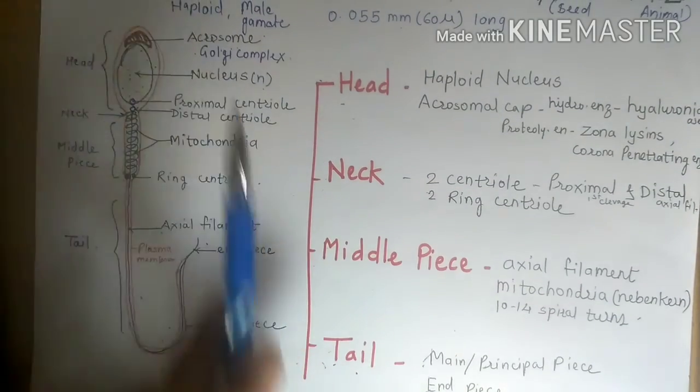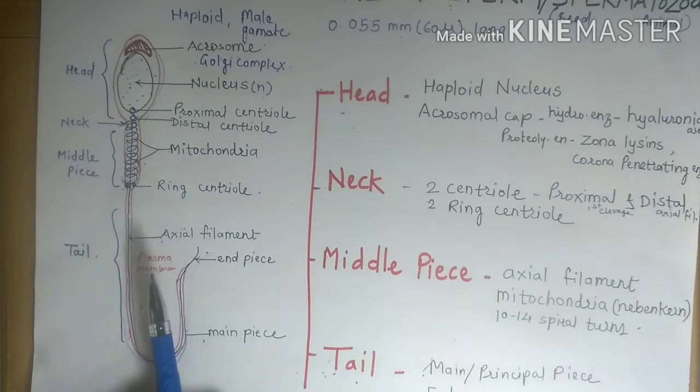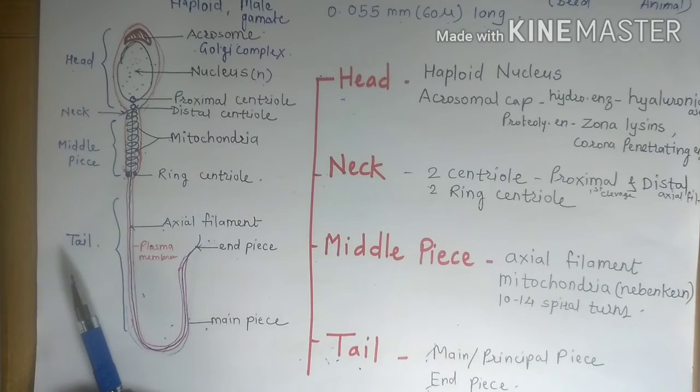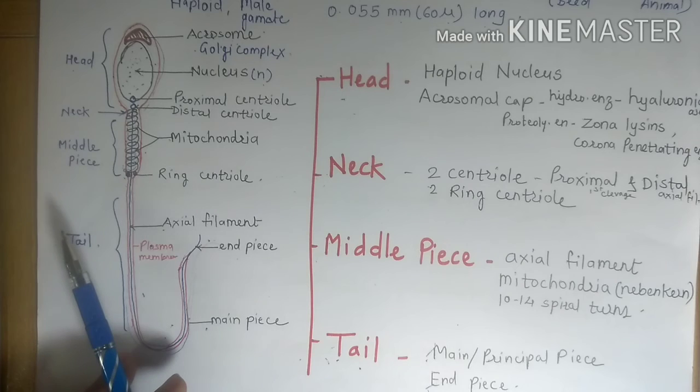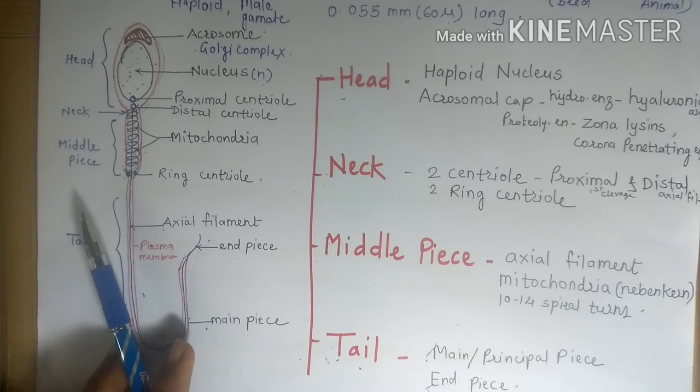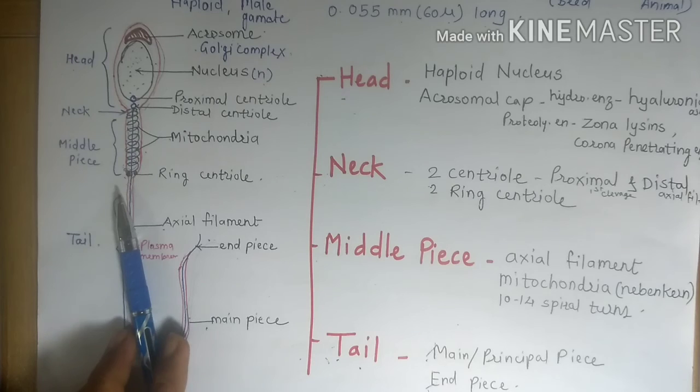And these sperms are produced in the testes inside the seminiferous tubules by the process of spermatogenesis. You should remember it. Once these sperms are produced in the male body, they are given out from the male duct, from the penis into the vagina.